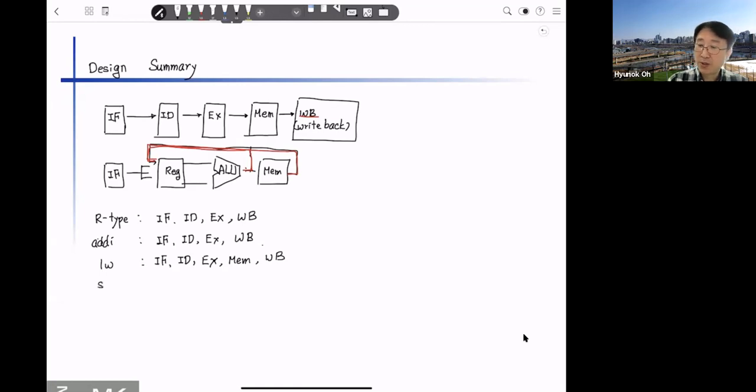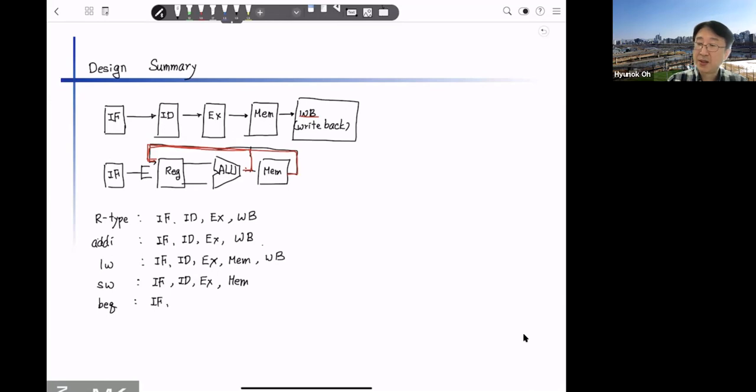What about the store instruction? Instruction fetch, that is every instruction is required. Instruction decode, that's required. Execution. Memory, we have to update the memory. What about the write back? Store case, we don't need to update the register value, right? Register value is written to the memory. So that's it. Branch equal